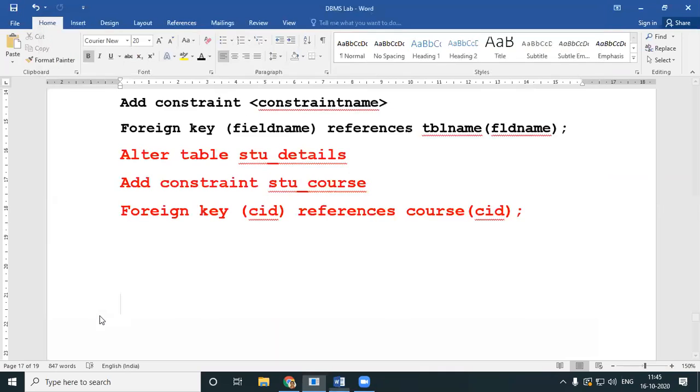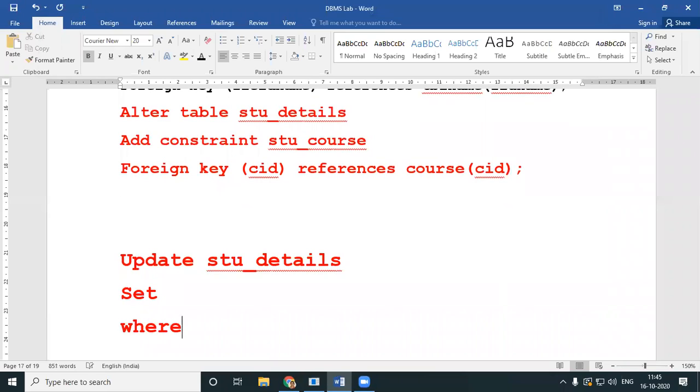Update STU_details, set, where. These are the three keywords in an update query. Update, set, where. Set what? Set CID equal to 55 where S_name is equal to Rahul.